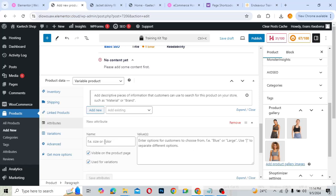So for instance, let's say I'm doing an electronic product, and maybe let's say hard drive. In the hard drive I'm going to use size. So I'm just going to type in hard drive size, and then I'll come over here and enter the options. The hard drive size options, let's say for example,